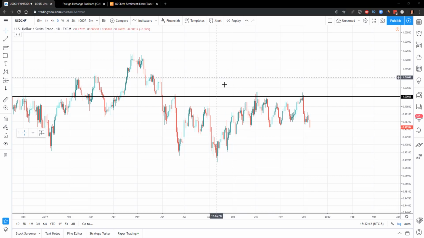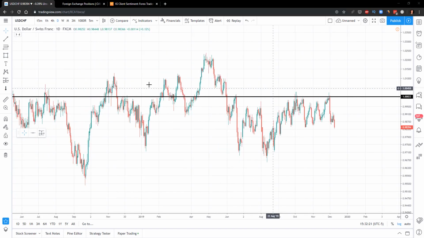So what you guys will see here on US dollar Swiss franc is that we did come up into a previous resistance. All right, if I kind of scroll out here, you will see this level was a good resistance before, held it there twice, and we came up into it recently here. All right, and so the